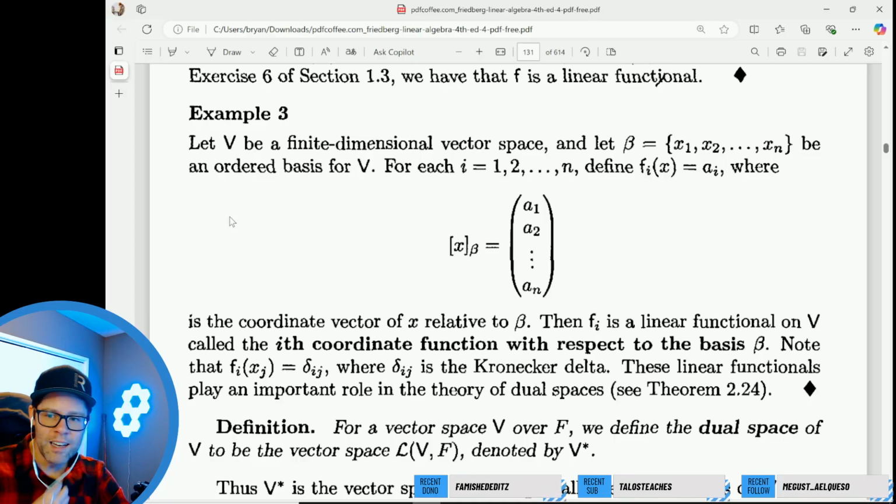Reese is back home. So if I had a vector with respect to basis beta, and we define the function